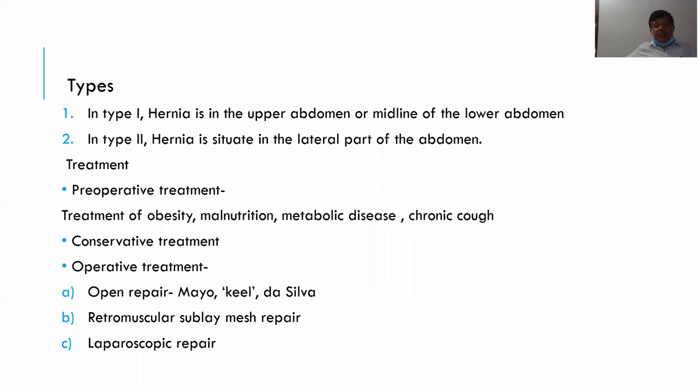Finally, a recent advance is laparoscopic repair. It is again better because sometimes in a case of incisional hernia, there may be multiple defects. So that can be detected easily when we approach through the intraperitoneal route. TEP, total extraperitoneal repair, may not be possible. TAPP is possible. So here all the defects can be seen easily.